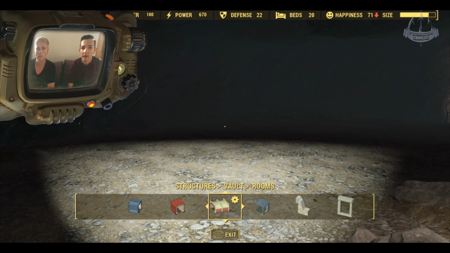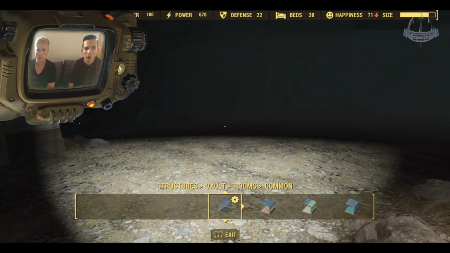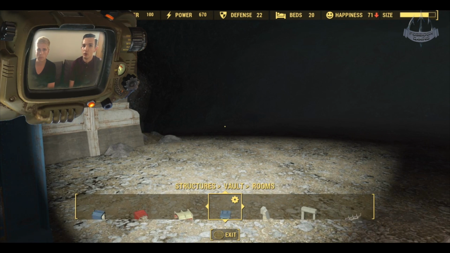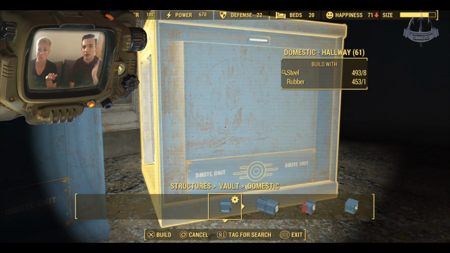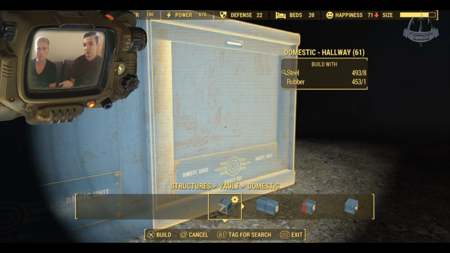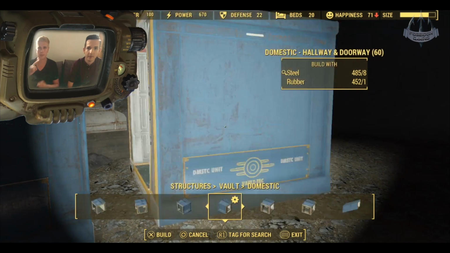So, let's go. Okay, so I'm building this room here and building a hallway, and all I want to do is attach the hallway and the door together. I want to put a doorway in between. Sounds simple, doesn't it? Nope, it's not. Danny's top tip number 1 is...